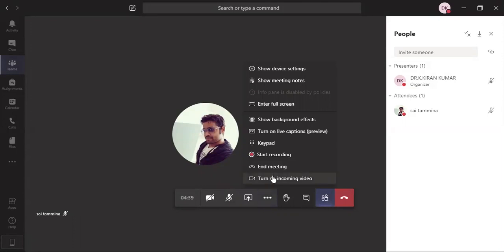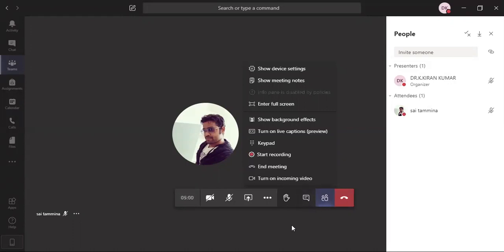So one thing is making him an attendee. Second thing is turning off incoming video. If you do these two things daily, then obviously no other person can enter your screen, and they cannot share their screens to all the people.